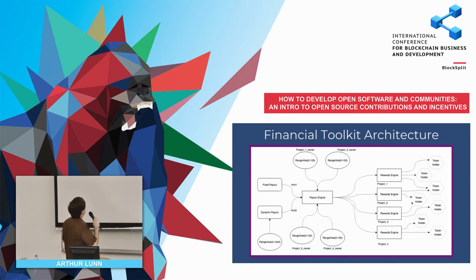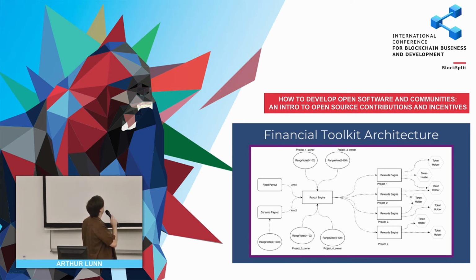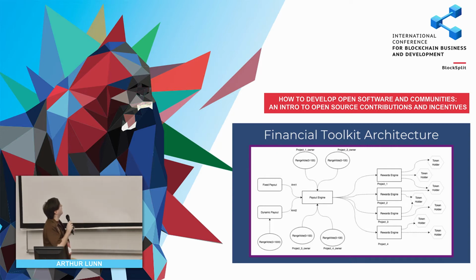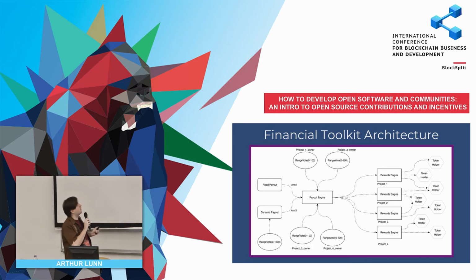So let's say that we have this dynamic payout, people vote, and they decide to give 1,000 extra into this payout engine. Then you have people voting on 4 different categories. These aren't necessarily the right values here, but the end result should be that you get a distribution fed into this. So you could have like a 20-30, 20-30 or something like that. So from that, you know that 20% of whatever goes into this should go here, 30% of whatever goes into this from these should go here, and so on.